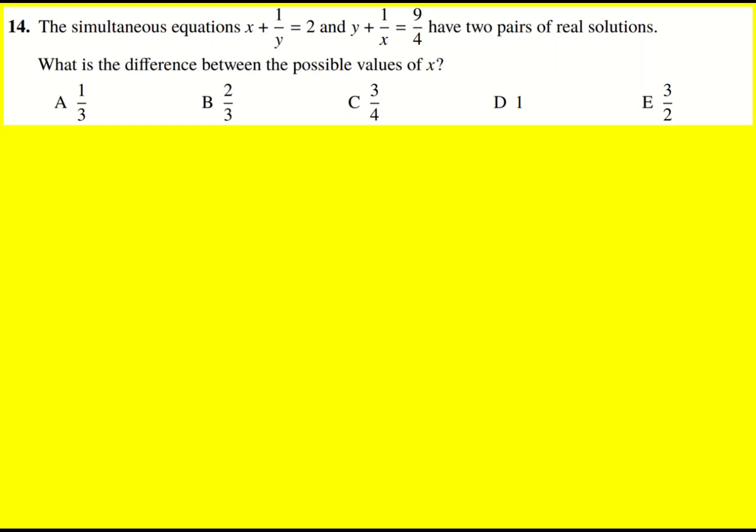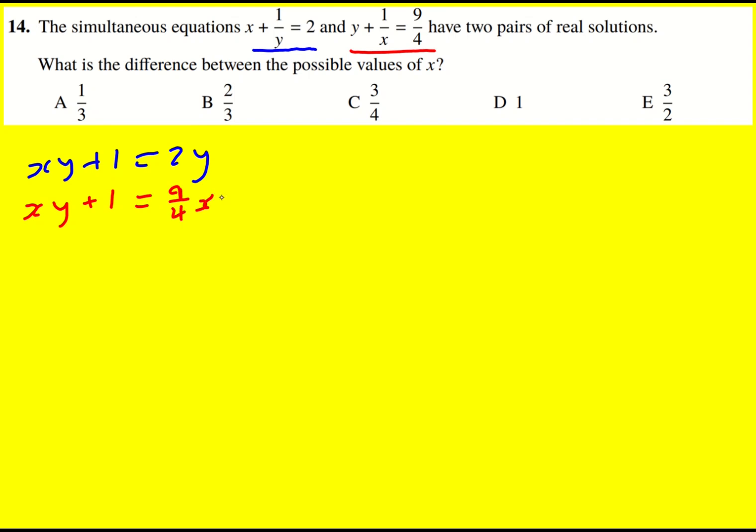Nice question here. Simultaneous equations, but involving reciprocals. Well, the first thing I like to do in this kind of situation is get rid of the fractions. I'm going to times the first one through by y, which will give me xy + 1 = 2y. And then for the second one, I'll times through by x, which will give me xy + 1 = 9